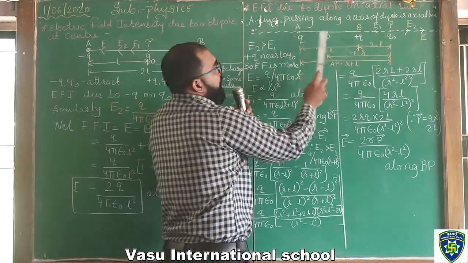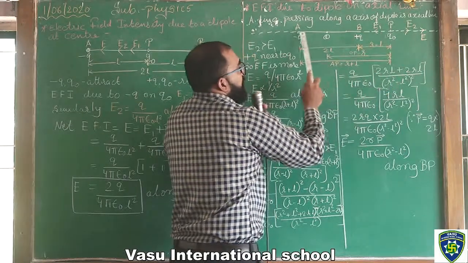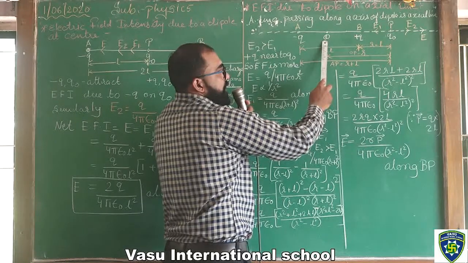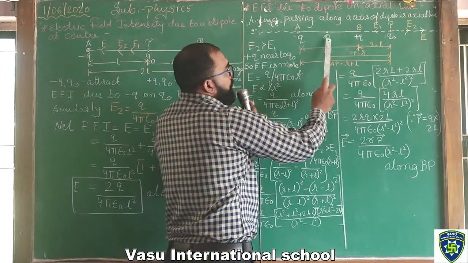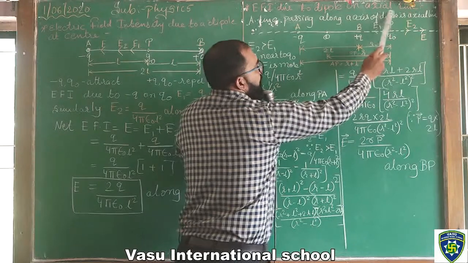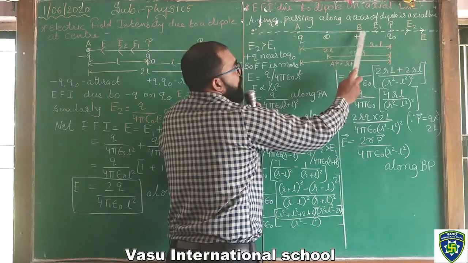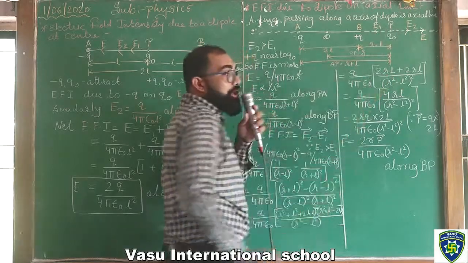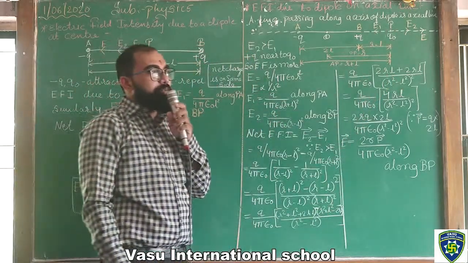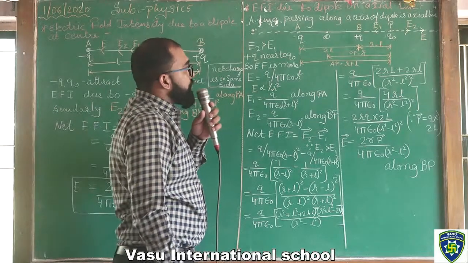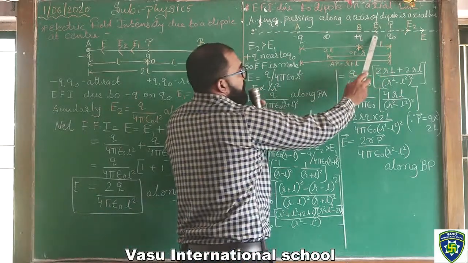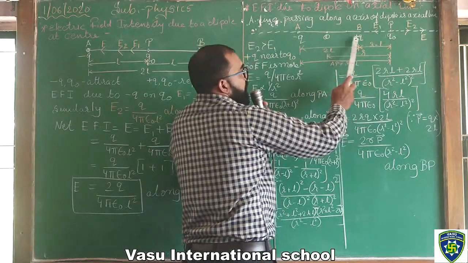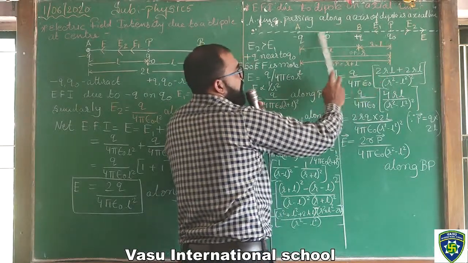So here the dotted line is shown in the figure. So A, B, that is minus Q and plus Q, and it is the center. So from minus Q to Q0, we are taking the axial line, so it is outside. So that is E1 and E2. Now these are in opposite directions. Here the E2 field is more than E1 because plus Q is near to Q0 and has a smaller distance.